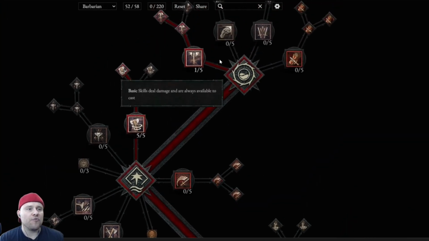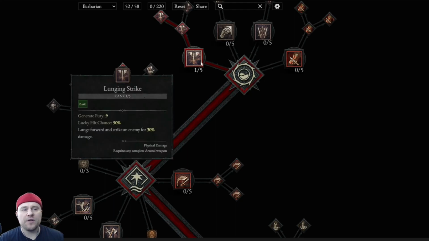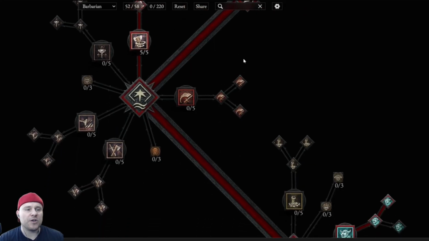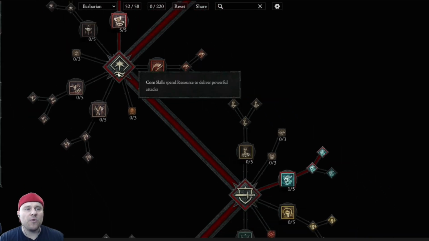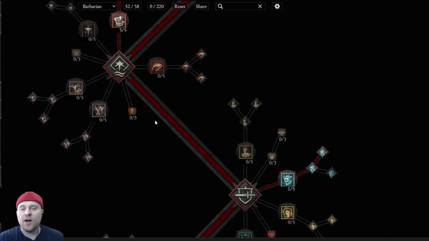And basic skills are right up here. And with Lunging Strike being a nice gap closer, that'll generate some extra fury. So we have a few points to play around with if we wanted to. But for right now, I'm going to leave this off. And I'm going to experiment once I get into the game. Once the game launches, once early access launches, because I did pre-order the game,